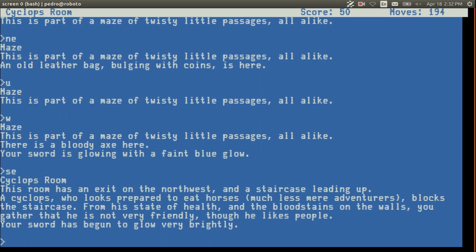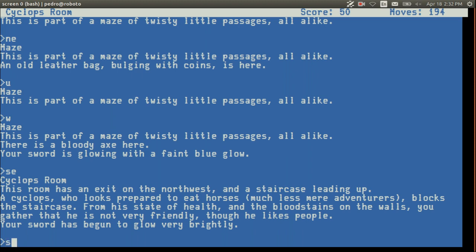Whoa, Cyclops. Hug Cyclops. Hug Cyclops? That seems like a bad idea. What should we do? We went southwest without voting, so I think... So why can't we hug the Cyclops? Hug Cyclops, unilateral. Okay, what would you like to do?